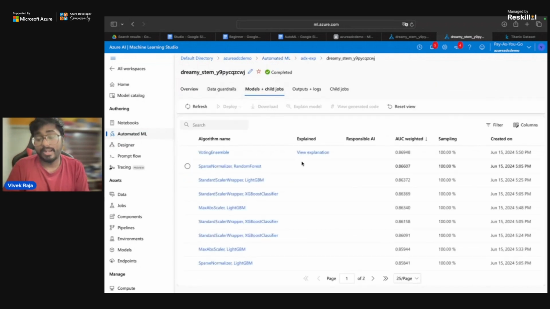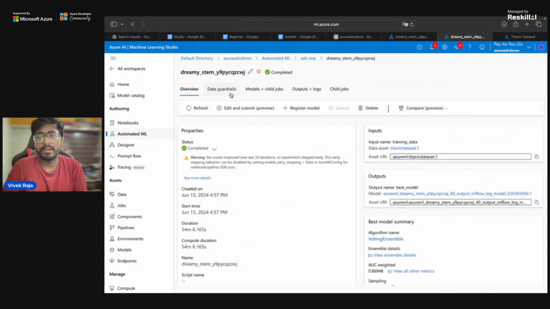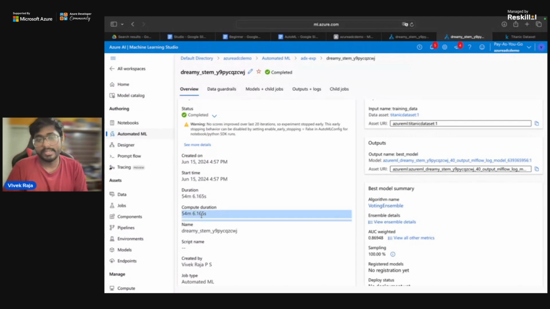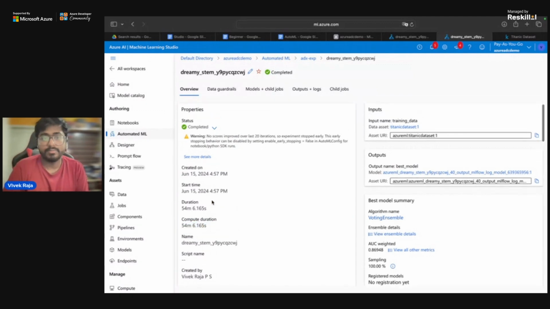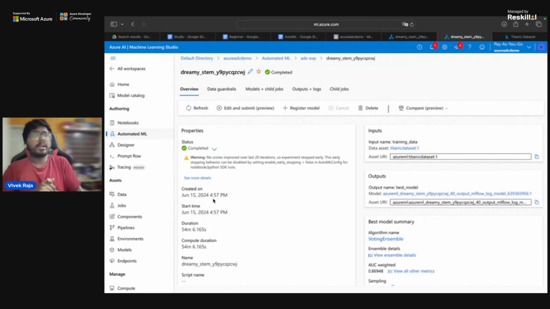You could set the maximum time it could train for, like it has done a lot of trainings. Of course, there is a cost incurred as well. Be mindful of that, which I keep repeating. The whole session took 54 minutes for me to find the best job. If I were to do it manually, it would take me at least hours or days to run all these models and figure it out. I don't really know that many models, so it's very time saving, but of course a little bit expensive on the other side.